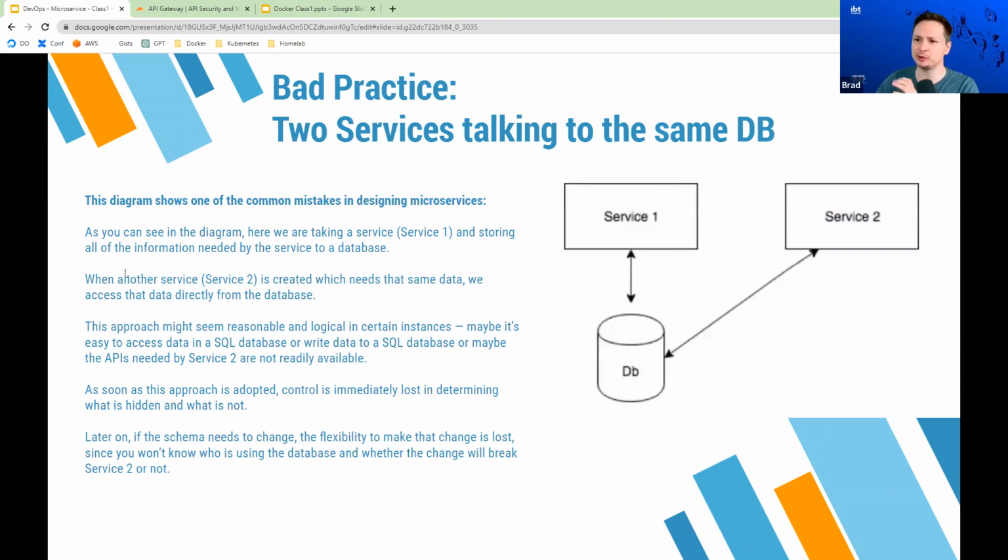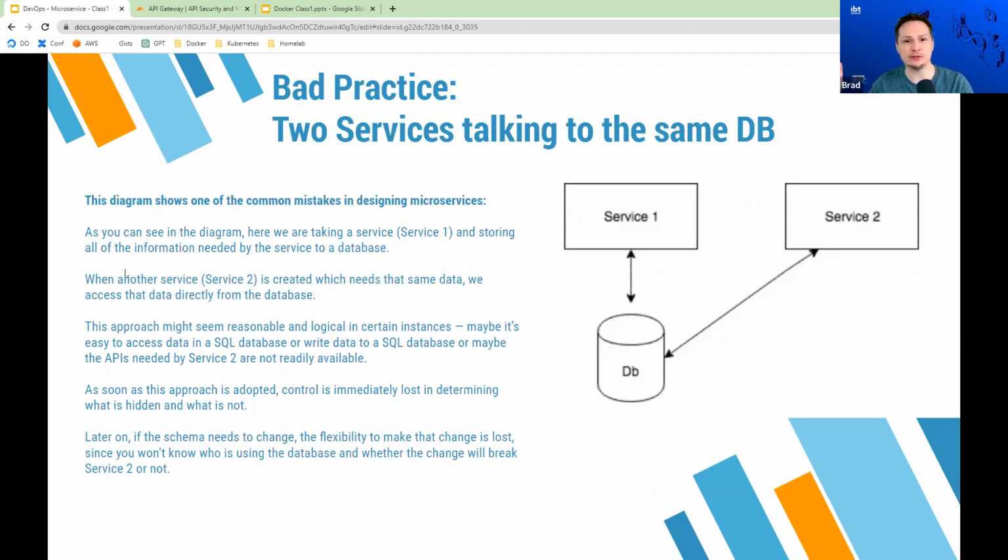Let's talk about a bad practice: two services sharing the same database. In this diagram, we have service 1 and service 2. Service 1 owns the database, but for some reason, service 2 is calling the database. And this is not a rare scenario. Service 1 has the restaurants database and it has a list of all the restaurants.